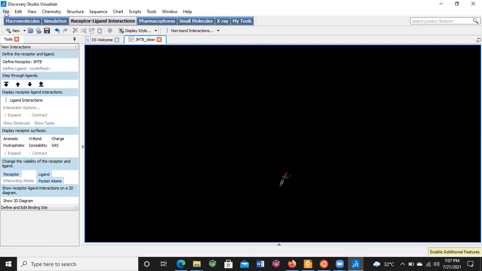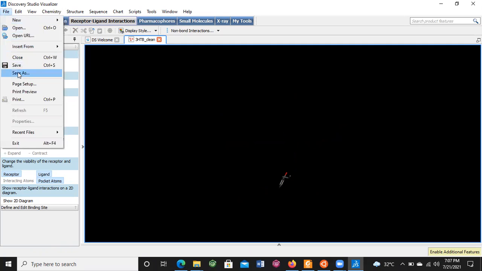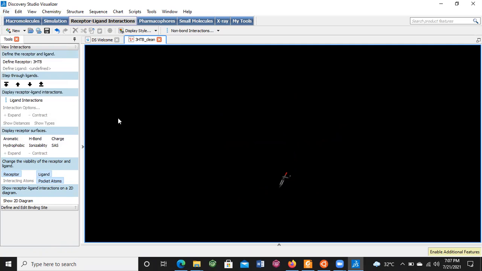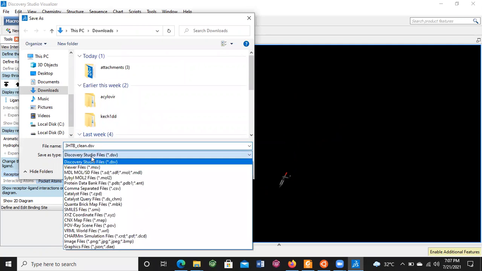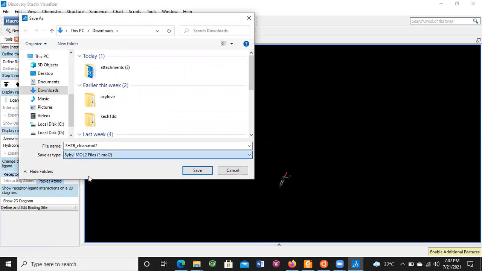Now save the file as Sybyl mol2, and rename this file as lig, because this is the ligand molecule. That's why I am using the notation lig.